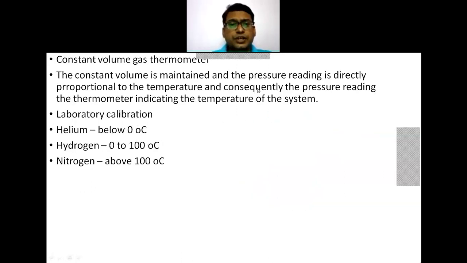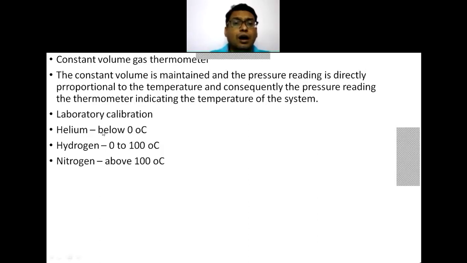Next is the constant volume gas thermometer. The volume is maintained constant and the pressure reading is directly proportional to the temperature, and consequently from the pressure reading, the thermometer indicates the temperature of the system. So in this constant volume